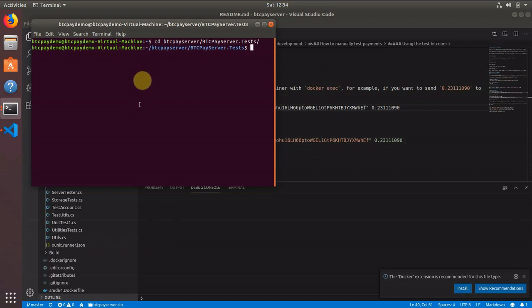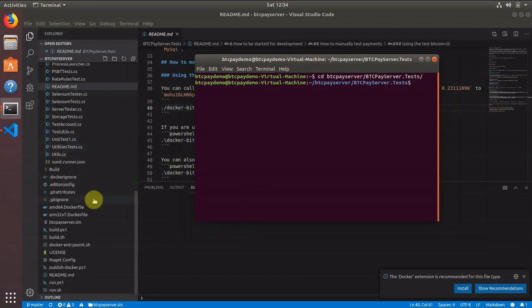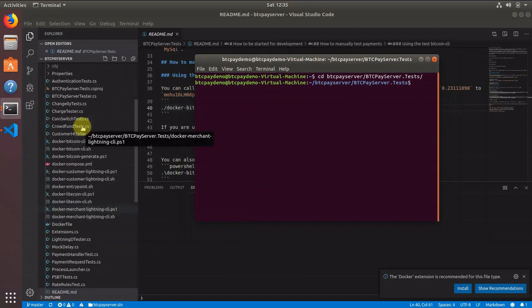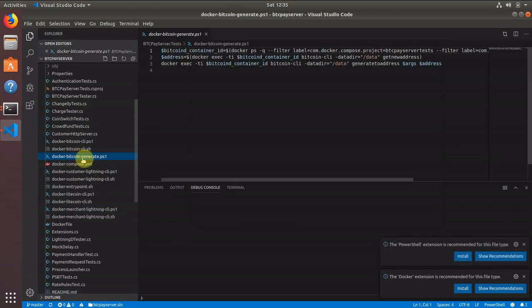One thing to keep in mind there is that if you want to generate the blocks, actually before you had, let me just see, Bitcoin CLI generate 10 blocks, but that was deprecated in the new version of bitcoind. So I saw that Nicolas made the generate script, but this is only for PowerShell, so maybe that's what I can do. I'll do an SH version of the script for all of you guys. But yeah, I think